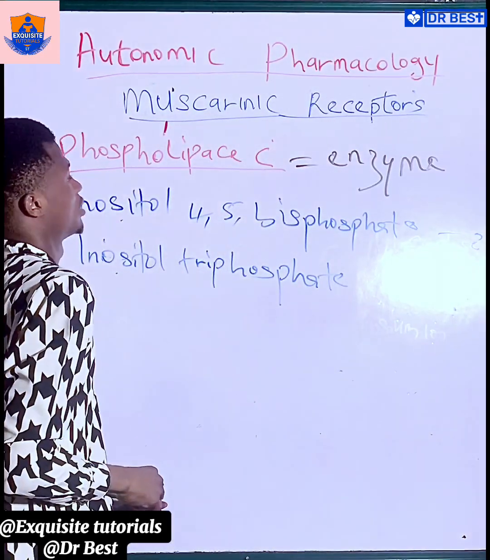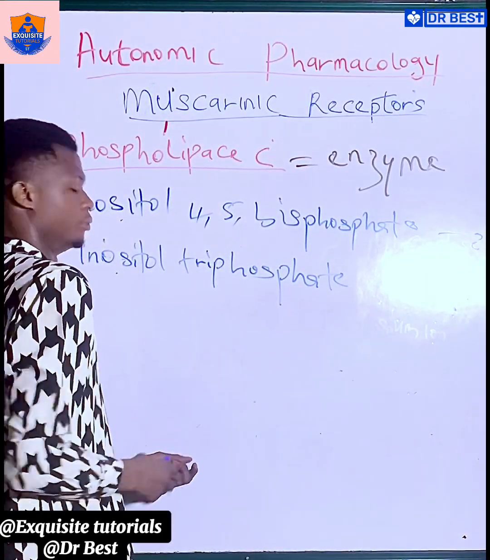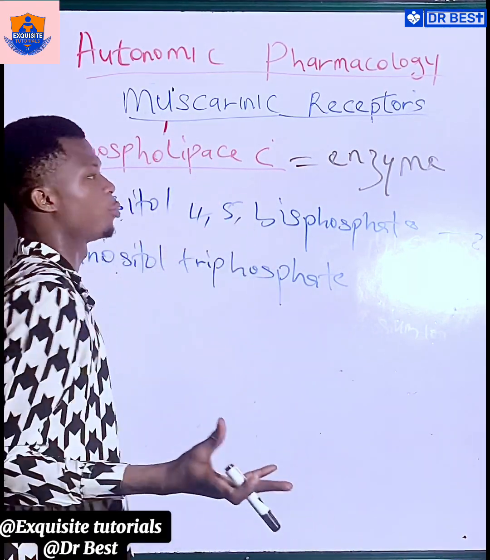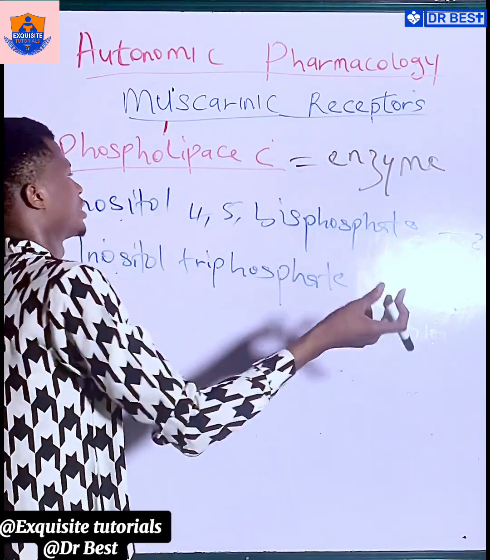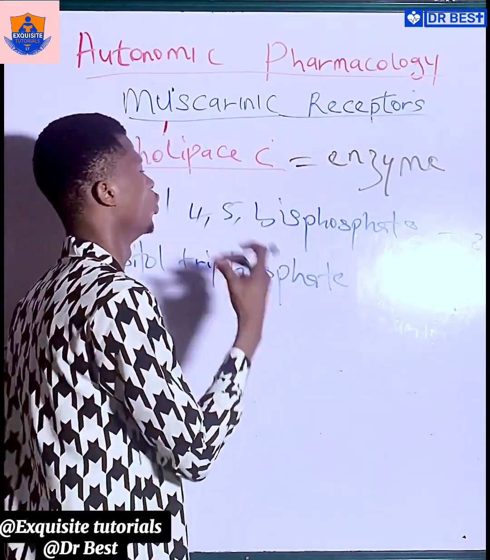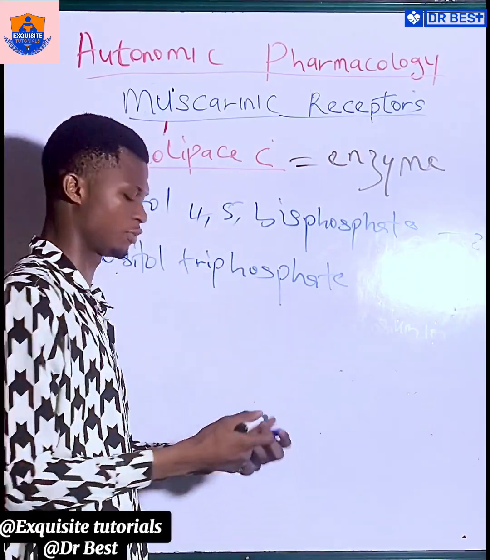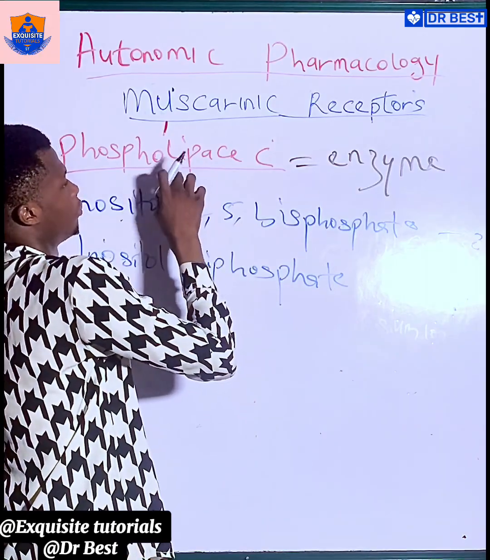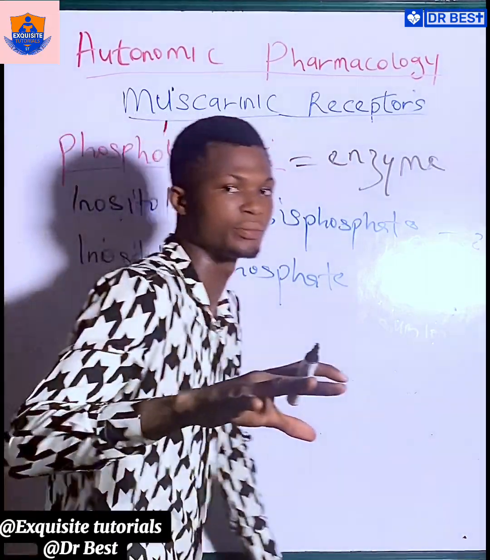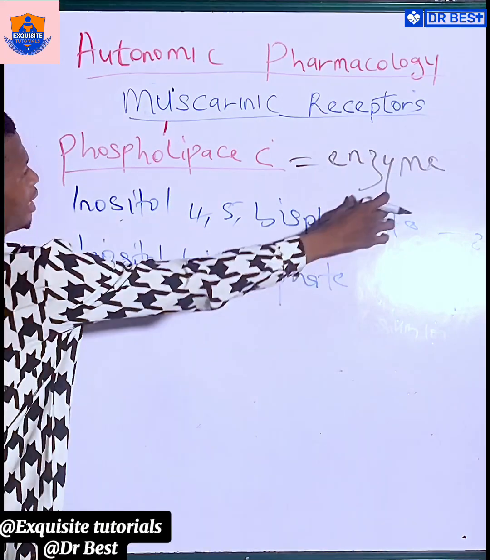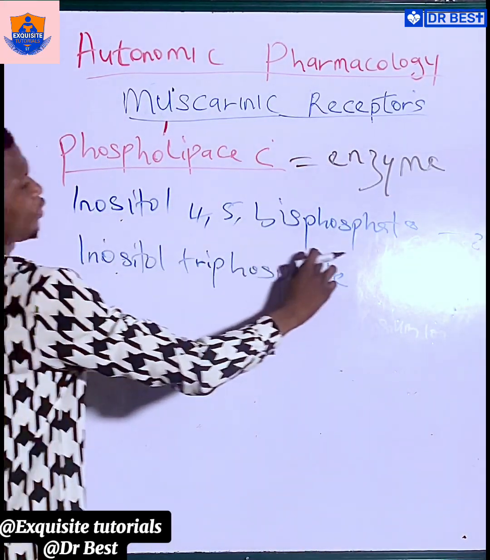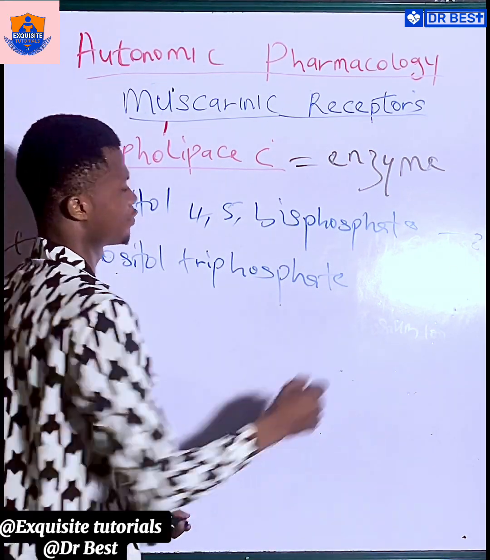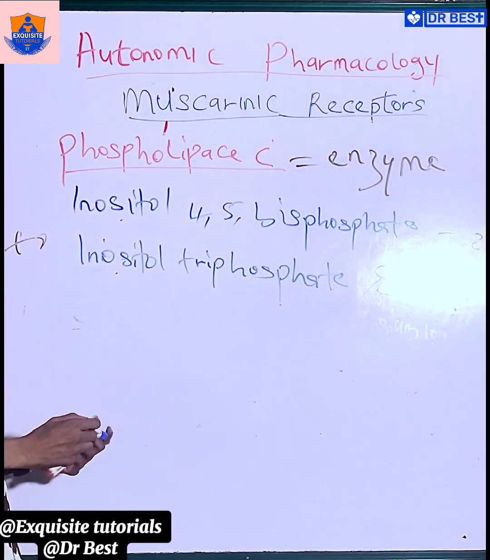Remember when we are talking about receptors, we told you to understand that they are G protein coupled receptors which, when stimulated, activate phospholipase C, leading to increased formation of inositol triphosphate and diacylglycerol. Now, what this enzyme does, we said that phospholipase C is an enzyme. It catalyzes the conversion of inositol 4,5-bisphosphate to inositol triphosphate and DAG,